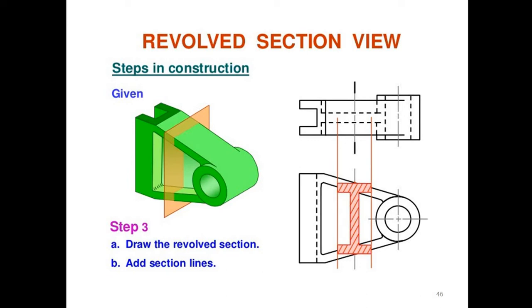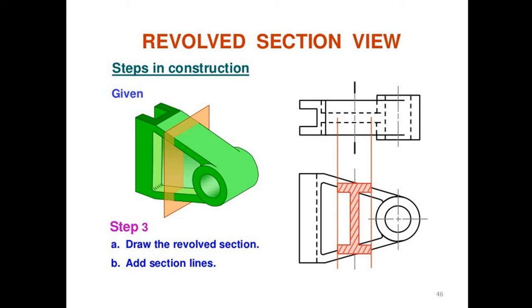Now, the orthographic front view and top view are there, and according to that, the cross section cutting plane is shown in the figure. In the top view, the cutting plane is shown, and for better understanding, the cutting plane is cut in the center and revolved by 90 degrees, and as shown in the isometric view, the cross section of this fork is an I section, which is shown in the figure.